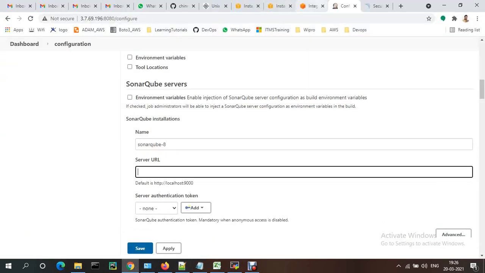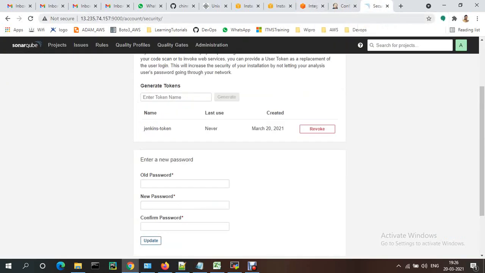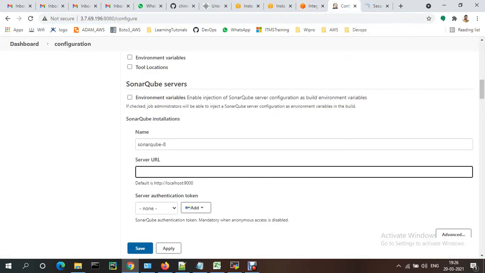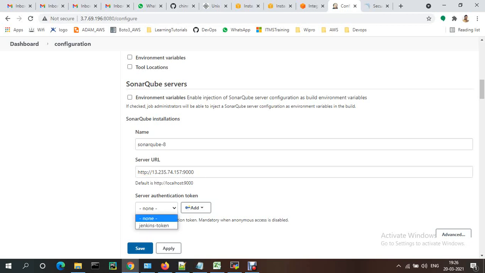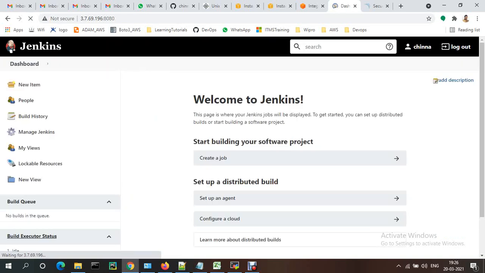The Sonar URL is this one, the host name. I'm copying this one only, and the server authentication is the Jenkins token. We gave that server authentication instead of a login username and password. Okay, I'm saving this one.